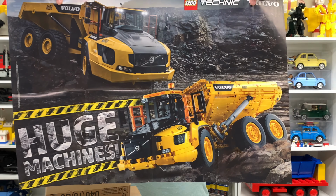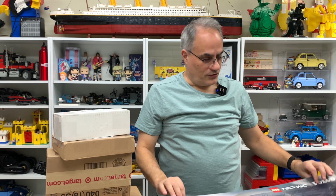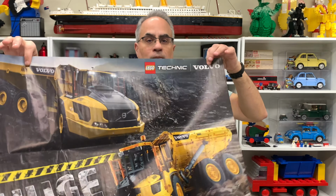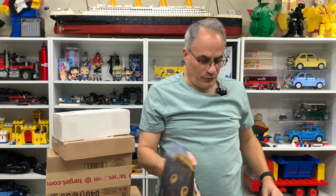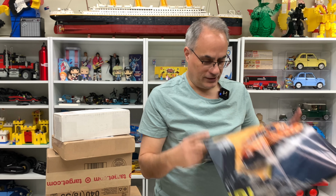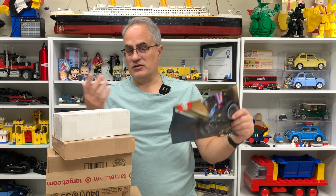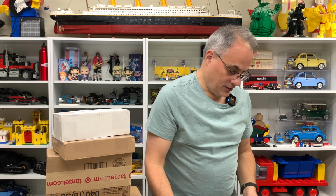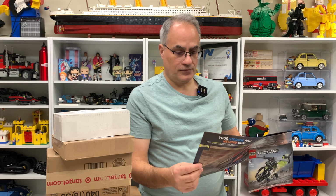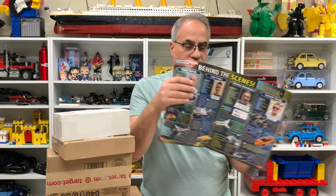I like that Volvo. This is a huge poster. So my problem is I'm running out of wall space, like a long time ago. But I like collecting posters. You know, one thing you can do is if you have too many posters, you can switch them up from time to time. So we got, I guess this is some of the Technic Lego designers that were on that